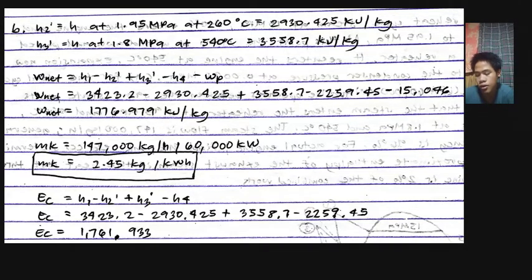147,000 kilograms per hour over 16,000 kilowatts. By calculating it, the answer will be 2.45 kilograms per kilowatt. Next, EC equals H1 minus H2 plus H3 minus H4. By substituting it, EC equals